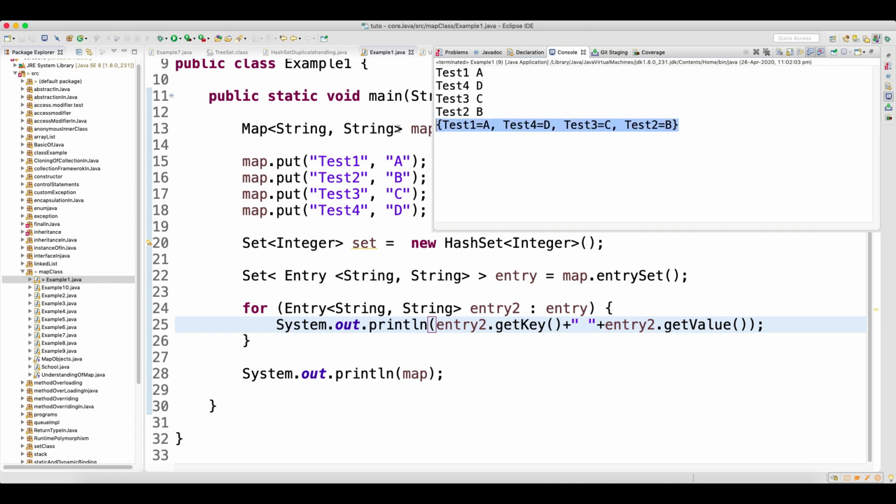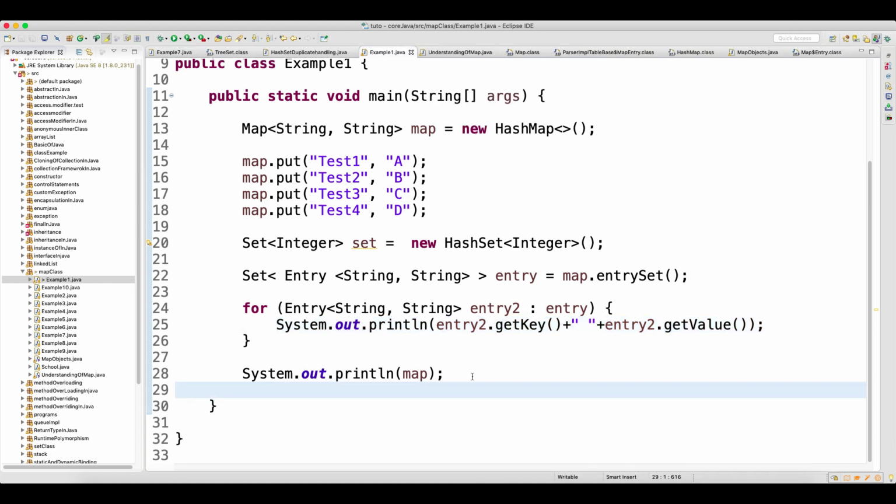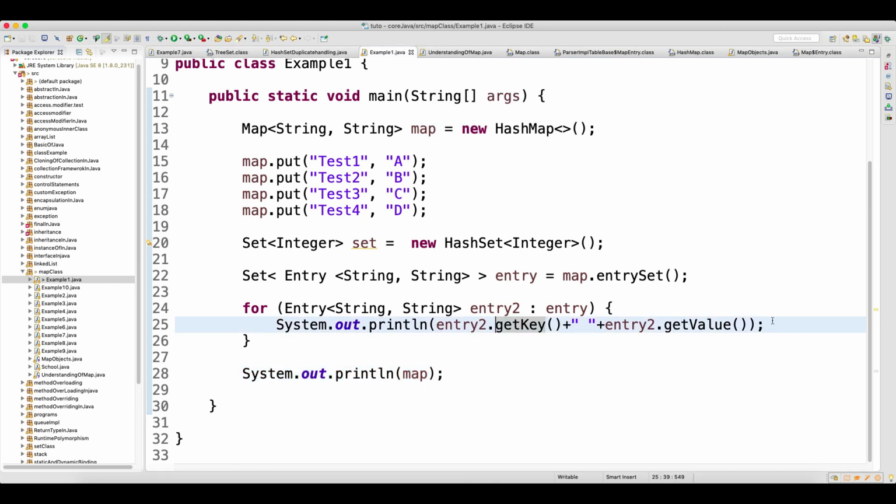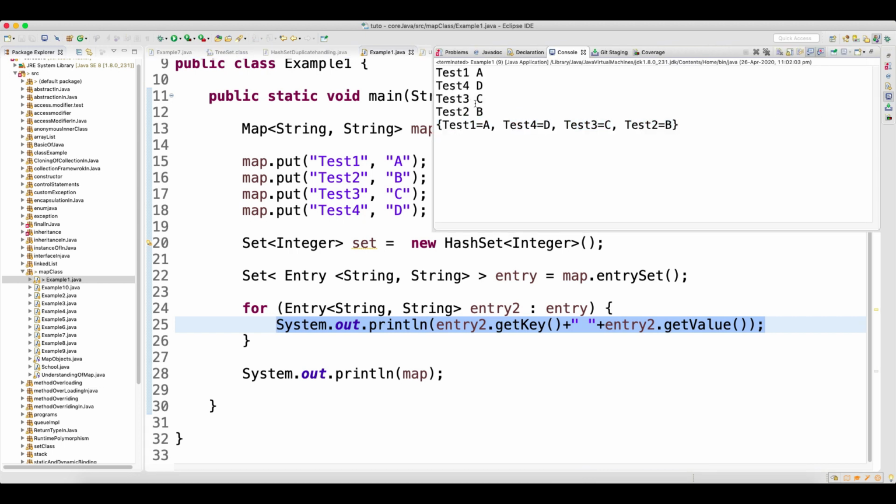And one more thing, guys, when you print, sorry, I am also printing the hash map here. When you print the hash map, it will be in curly braces. It will not be in square brackets like what you have seen for the set classes and the list classes. Here it will be in curly braces because of the key value pairs, and whatever I have printed through the for each loop with get key and get value is nothing but this key and value, key and value, key and value, right?